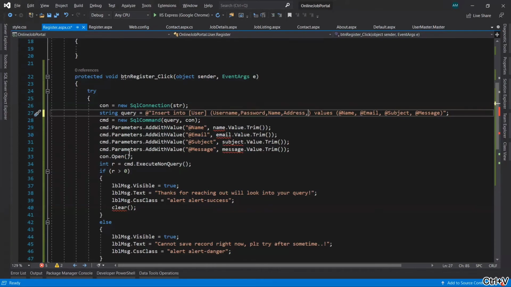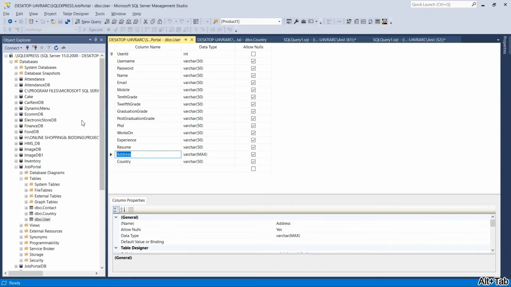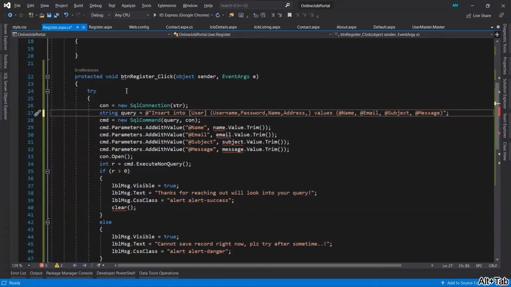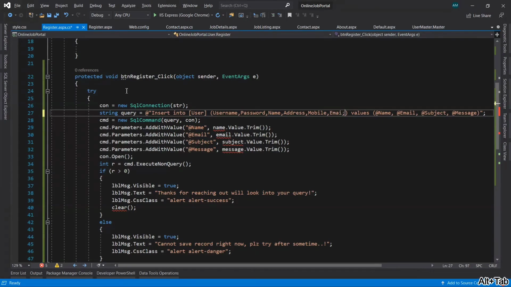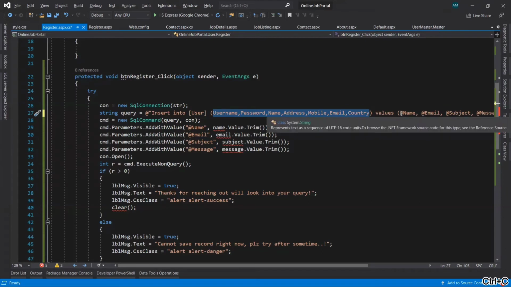After address, mobile number is there, that is mobile, copy, paste. Then after mobile, email is there, comma, country. Okay, so let's copy it again and paste it here.